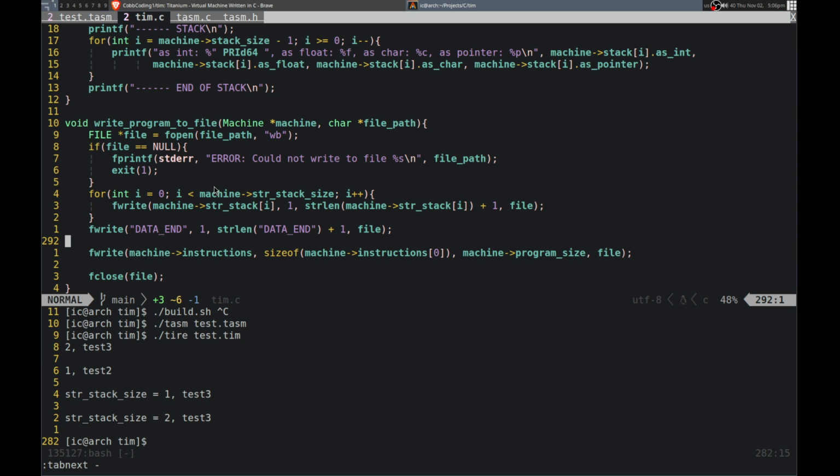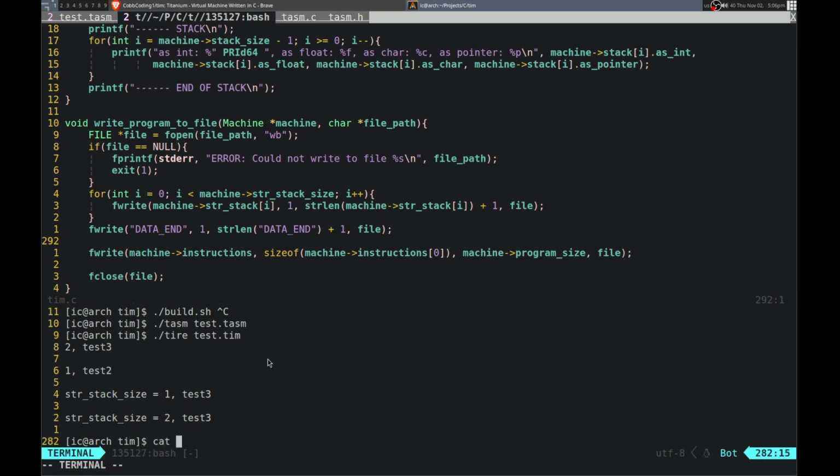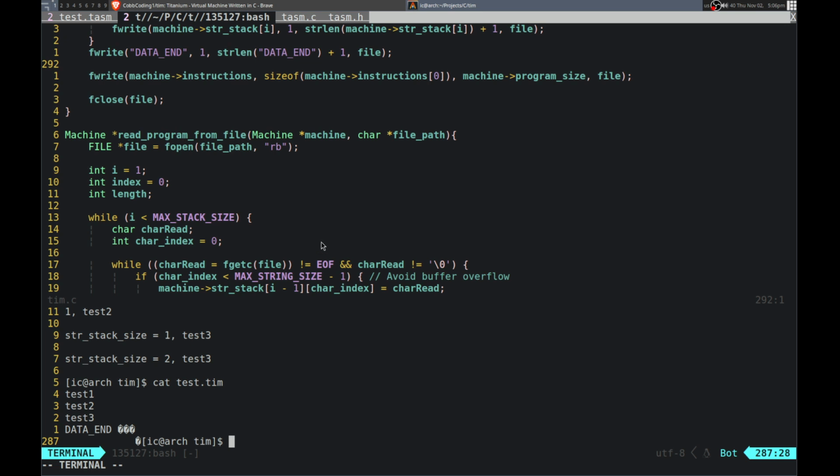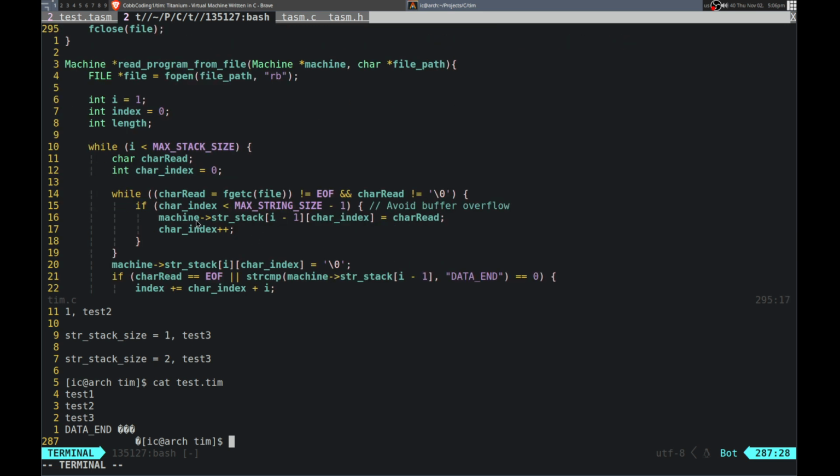Yeah, so that should be fine. Stack I. Right there. So let me actually look at the test.tin file. Yeah, so that's what we got. 1, 2, 3, and then data n. So we do have all the right things in the right order. So when we read it from here,